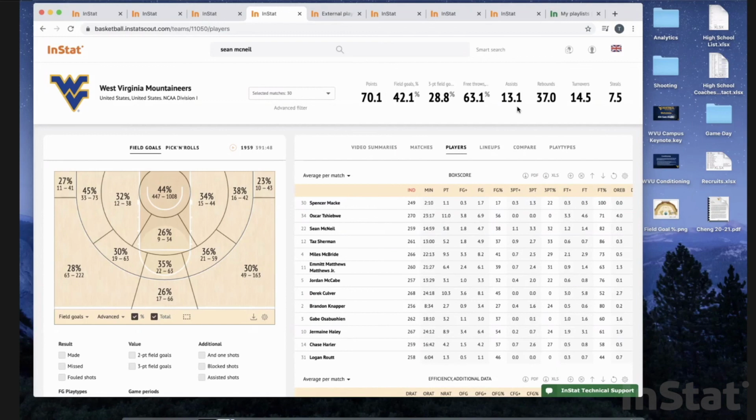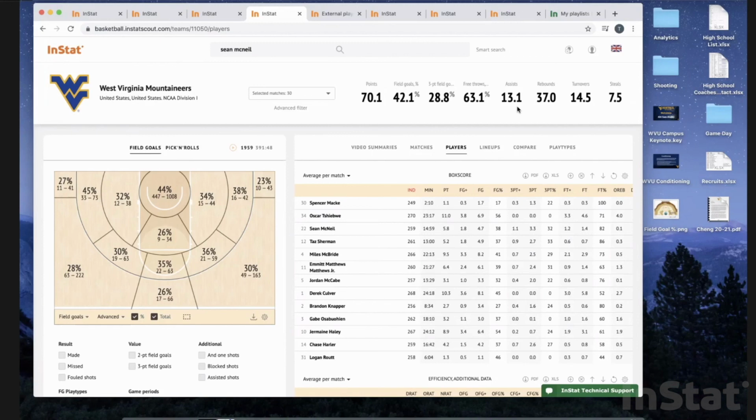And so what would you say to another college team that was watching? How should they use InStat, or why should they purchase the platform? Yeah, absolutely. I think when it comes to using InStat and having all these numbers available to you, it gets to a point where there is so much information that there's no way you could use it all, because it'd be paralysis by analysis. So I think if you're going to be using this, you have to make sure that